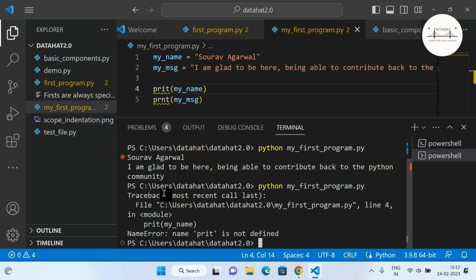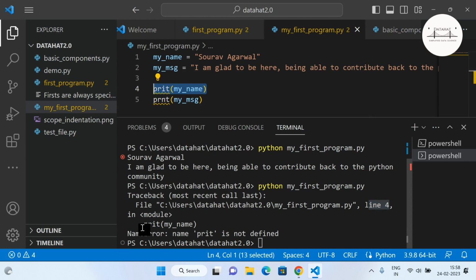So first of all, look for the error information that you are having. In the error information, you have a traceback, you have the file name, your Python file or Python script name, then it specifies the line number. So look for this line number where your error is present. It says in line number 4 you have an error. This is our line number, line number 4. Okay, so here we have an error.